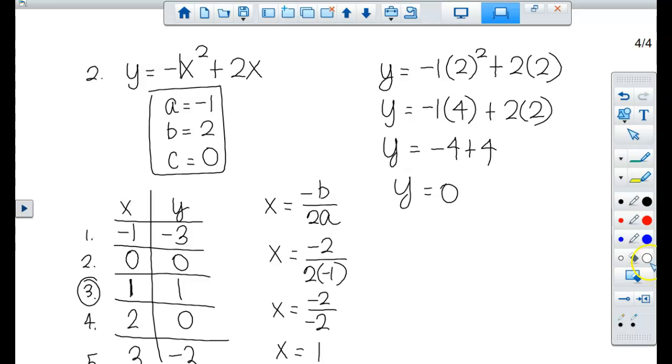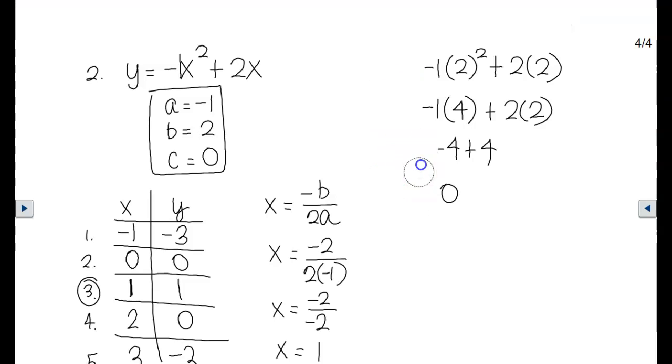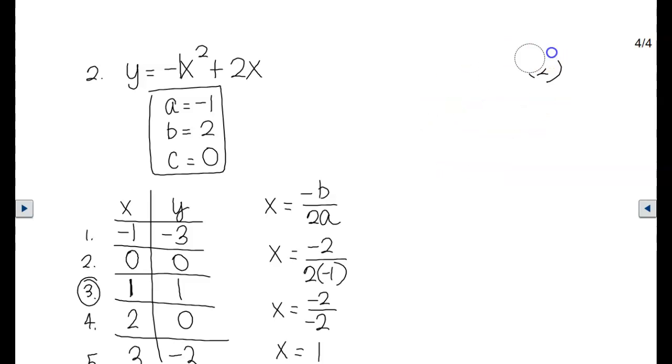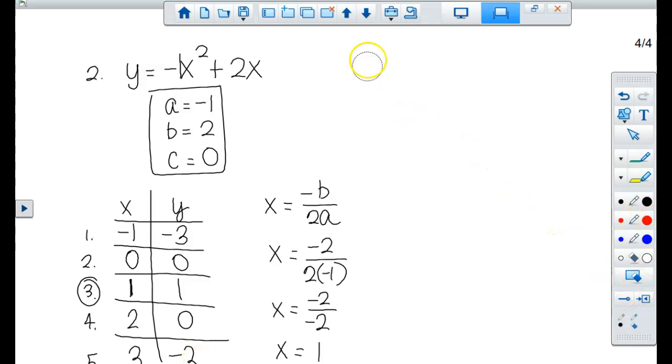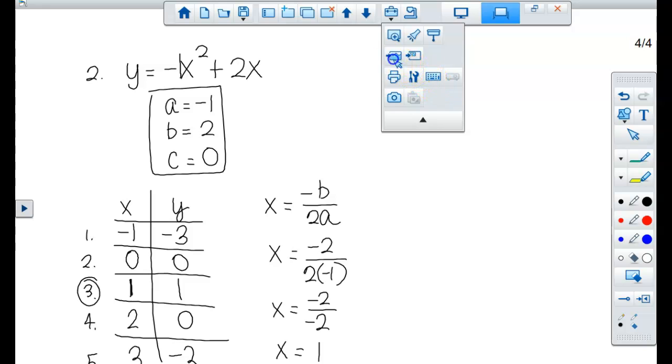So remember, if you choose x values that are consecutive like I have, and you don't skip any, then you really only have to plug in those first 3 numbers. And then the last 2 you can just repeat. So notice it goes negative 3 to 0 to 1 to 0 to negative 3. So that 0 is the turning point, and then it goes back through those values again. All right, so now that you have your table all filled in,